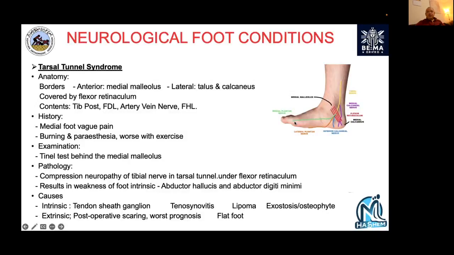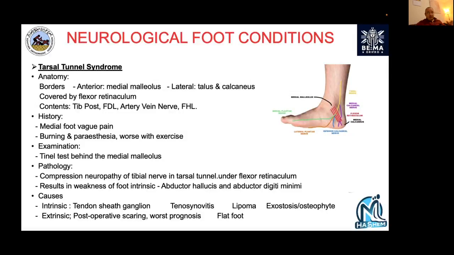What the patient will come to complain of is mainly pain, mainly on the medial side. As you can see, the main compression will be over the tibial nerve, and the most affected is the medial plantar nerve. The patient will come with medial foot pain, and it's always vague, maybe with neurological symptoms like burning and paresthesia. This definitely worsens with exercise because of the muscles: the FHL and FDL, especially the FHL, is muscular till a very low level, and with exercise the FHL gets bigger,